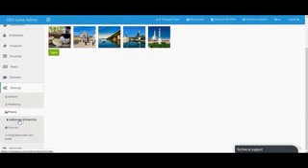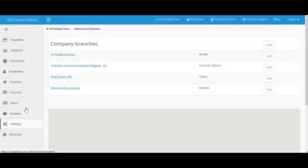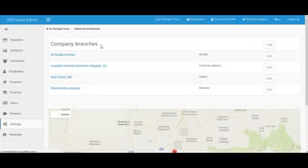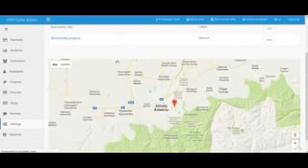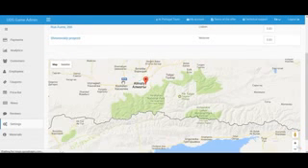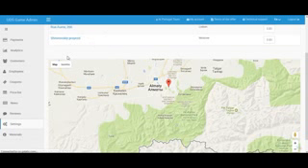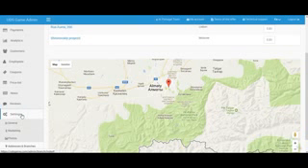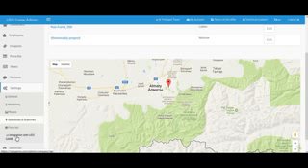Here you can also add different branches and different addresses. Imagine you have a company and you have different branches in different countries, or in the same country, in different cities you have different branches, so you can put them and you use this license for all your different branches. And besides that, there is a price list